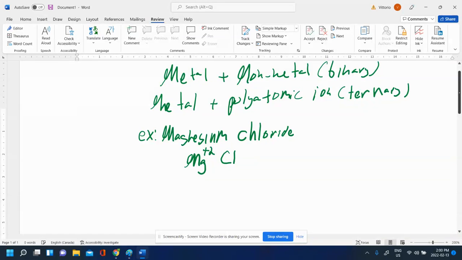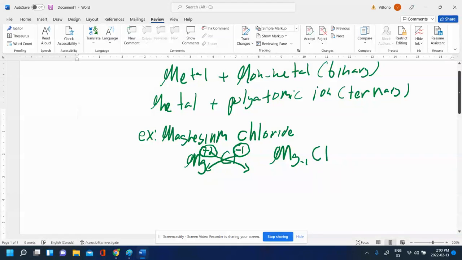Chlorine is in group 17. It has 7 valence electrons. It wants to gain 1, not lose 7, gain 1, so it's -1. And then what you do is you crisscross these. We call that a crisscross. You circle the charges, and you bring them to the opposite sides and the bottom. So -1 would go to the bottom of where magnesium is, and +2 would go to the bottom of where chlorine is. And so that will look like this: Mg